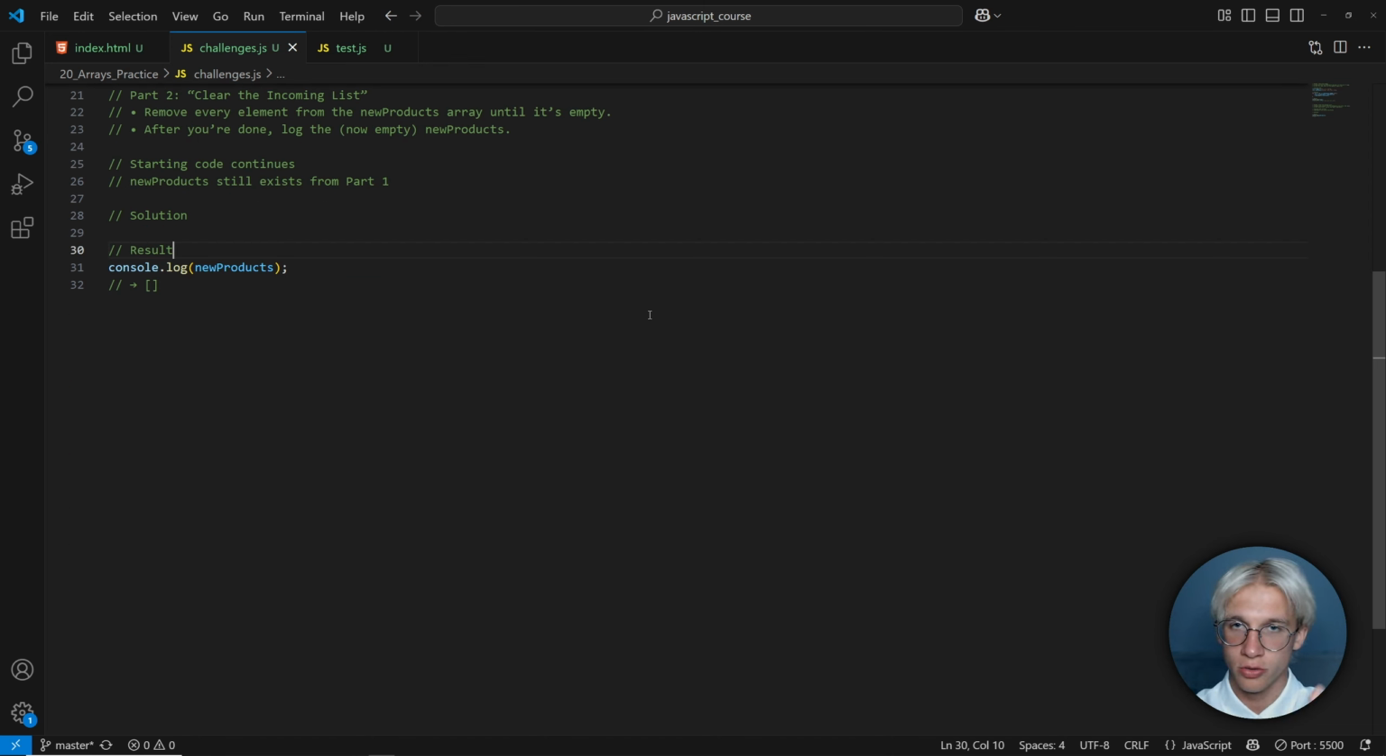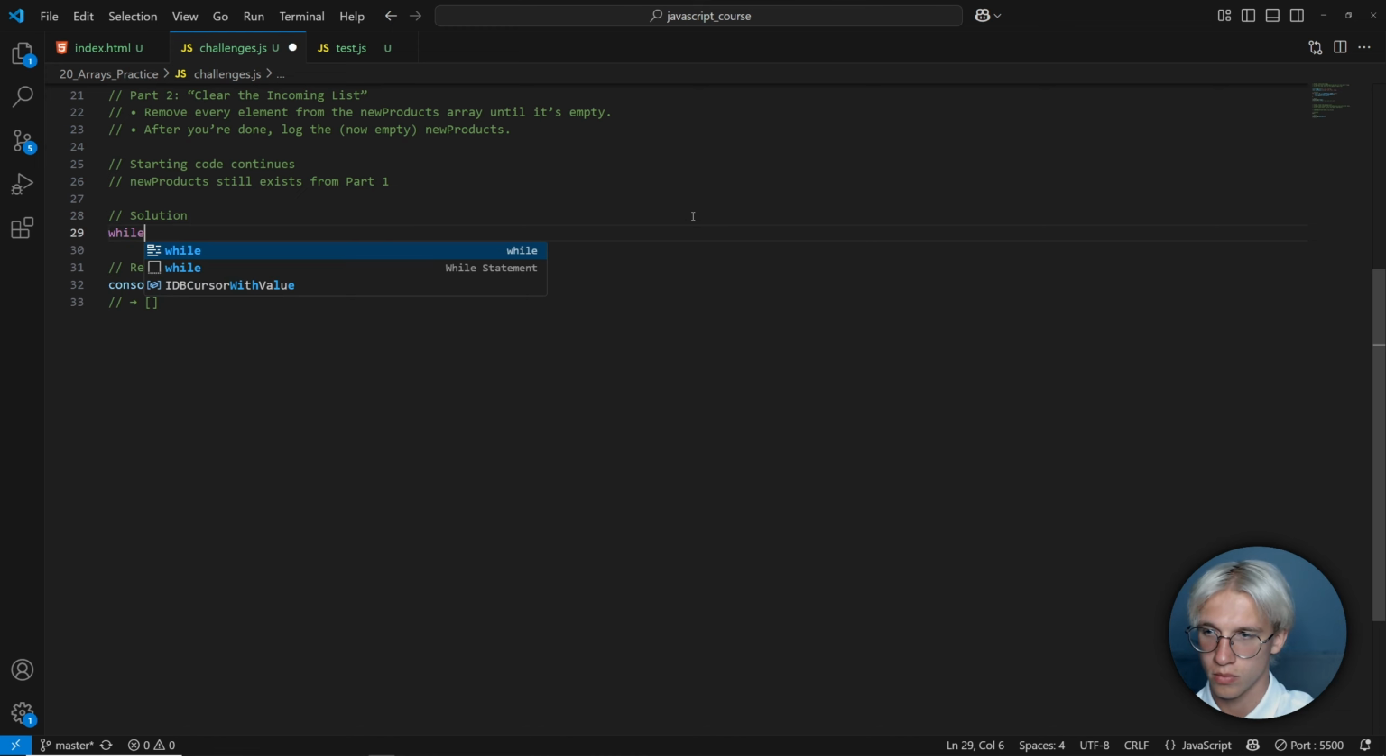As we need to iterate through each item to remove it, we again need to use a loop. But in this case, we can use a while loop because we don't need indexes of items. As you remember, we have two methods, pop and shift, to remove the last and the first elements from an array. And we can use them to remove all elements from the new products array. So I start with the keyword while. And then in the parentheses, we have a condition where our loop runs. As we need to remove all elements, I can write the condition that while our new products length is more than 0,